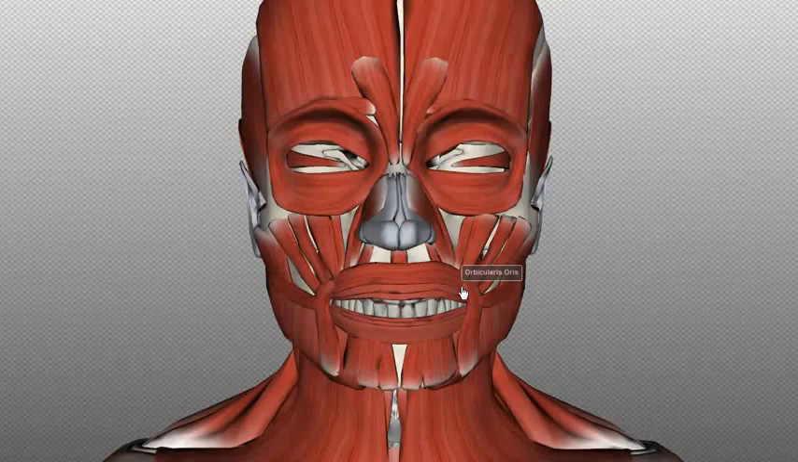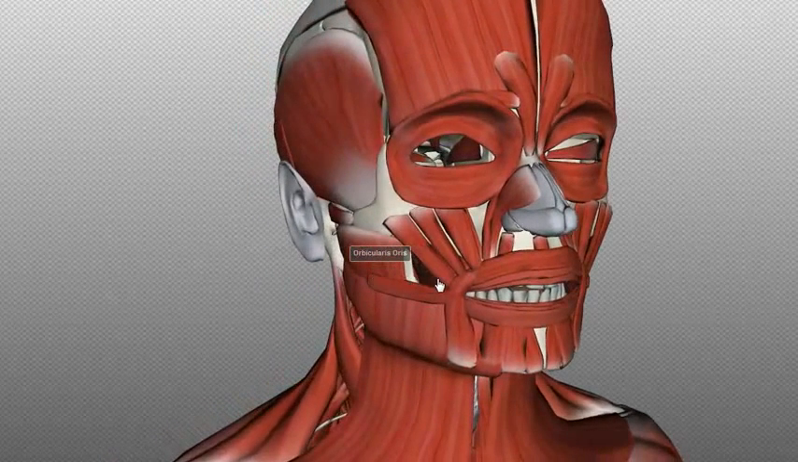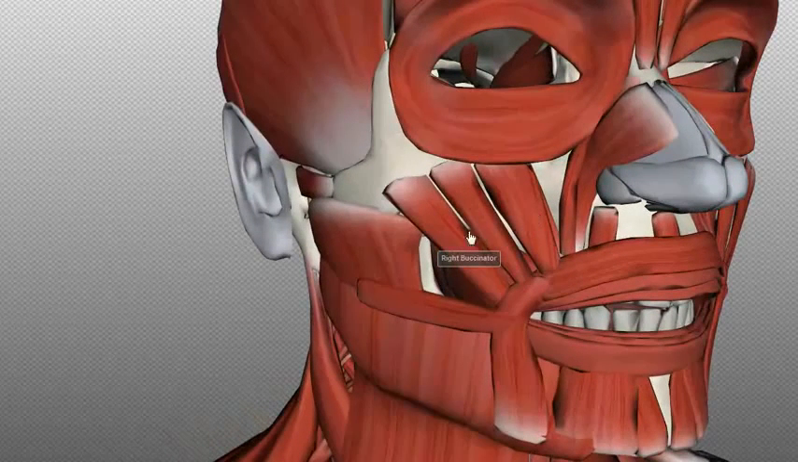When it contracts, it narrows the mouth and closes the lips. So you get this pursing action, which you get when you're whistling, and that's brought about by this muscle, the orbicularis oris. And the other muscle you'll need to know, which lies deep to these muscles here, is the